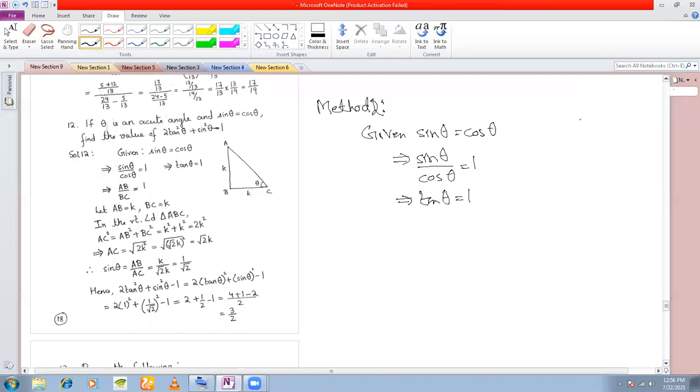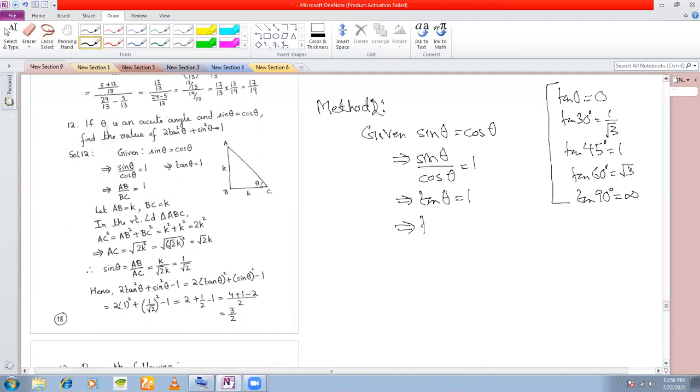Now you will see that there are certain standard values of angles. Like tan 0 is 0, tan 30 is 1 by root 3. You have to learn this up. I'm just writing it for you for the time being. Tan 45 is 1. Tan 60 is root 3, and tan 90 is infinity. These values you'll be learning up very soon. Once you finish this chapter, I'll give you a chart to learn. The chart is also there in the textbook.